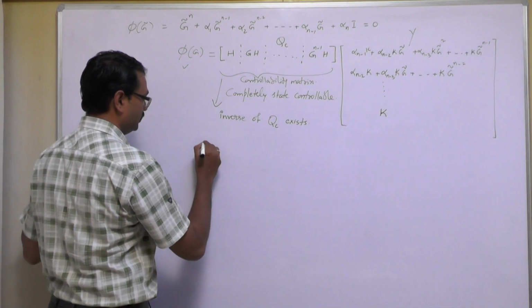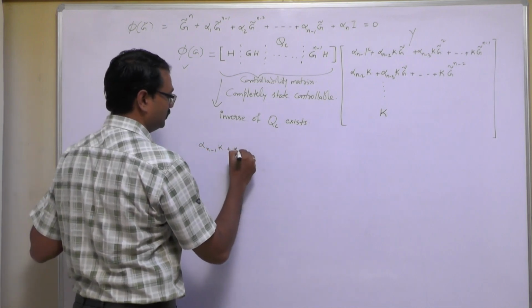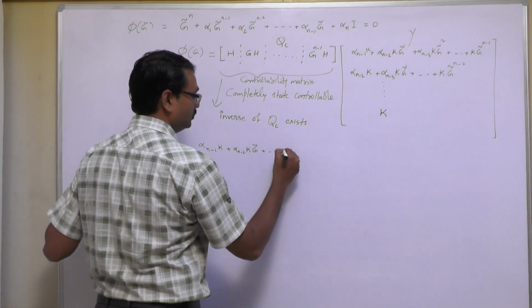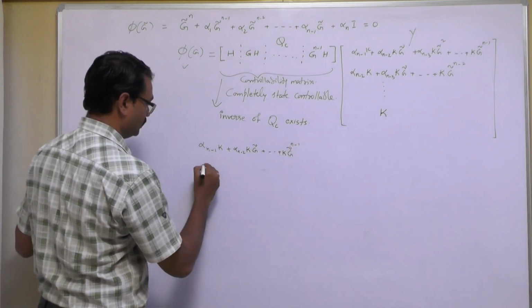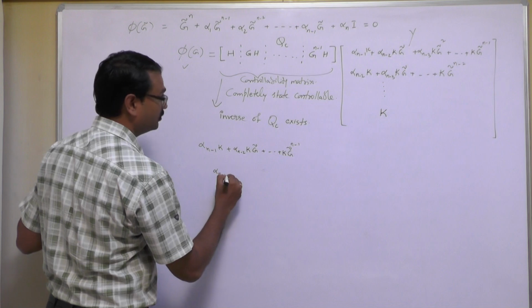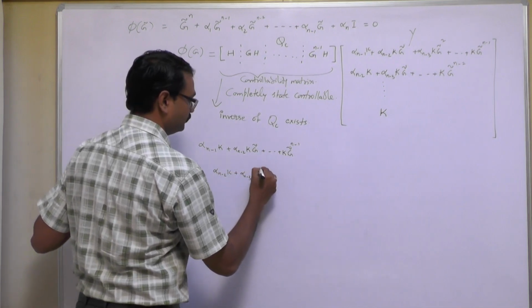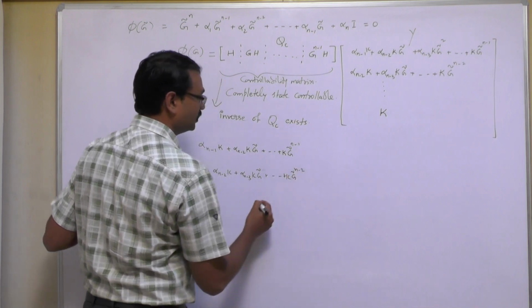You can say alpha n minus 1 k plus alpha n minus 2 k G bar plus so on plus k G bar power n minus 1, alpha n minus 2 k plus k G bar power n minus 2,